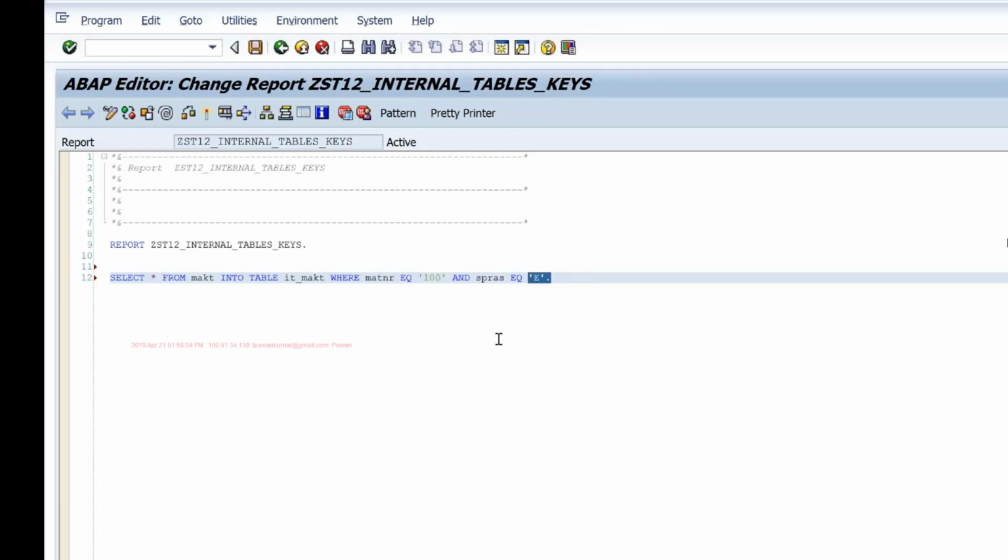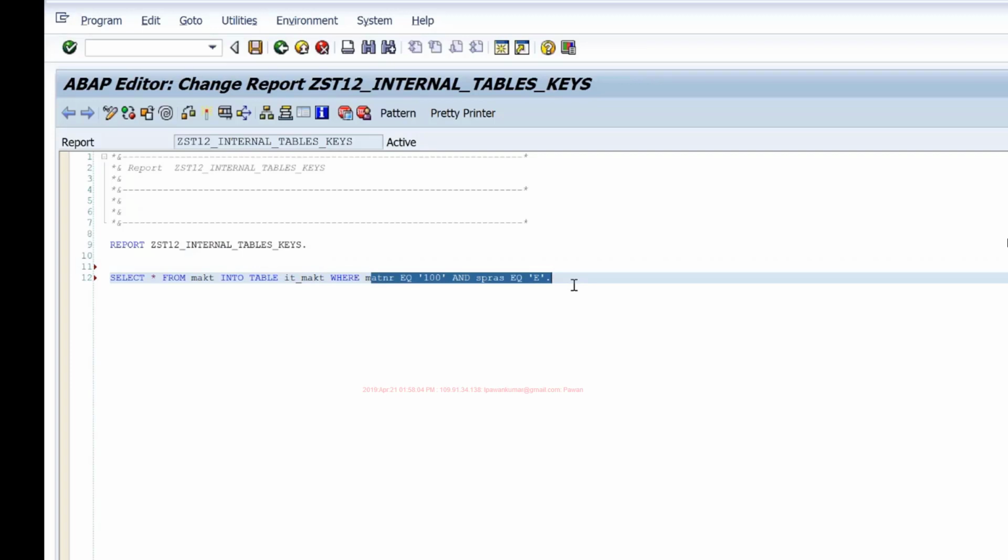Okay. One disadvantage of having too many indexes: whenever the speed of a program slows down and people start looking at the code and say, okay, this select query is taking too long to execute, the first option they think of is, okay, let me go and create an index based on the fields I'm using in my where clause. You can do that. That will improve the performance of your program because the system can now use the index to identify the records.